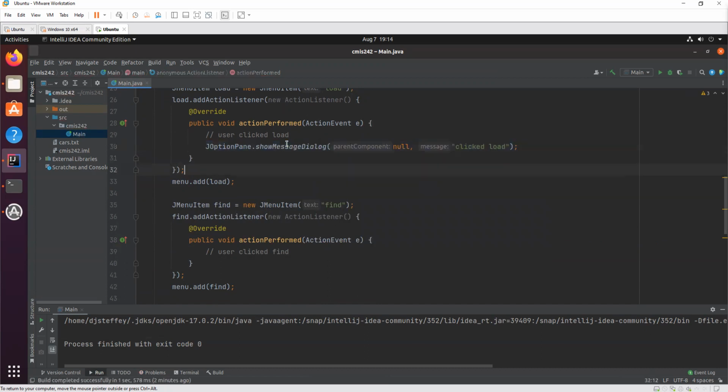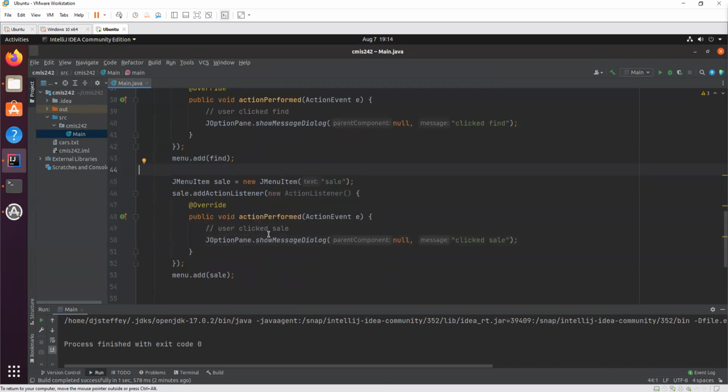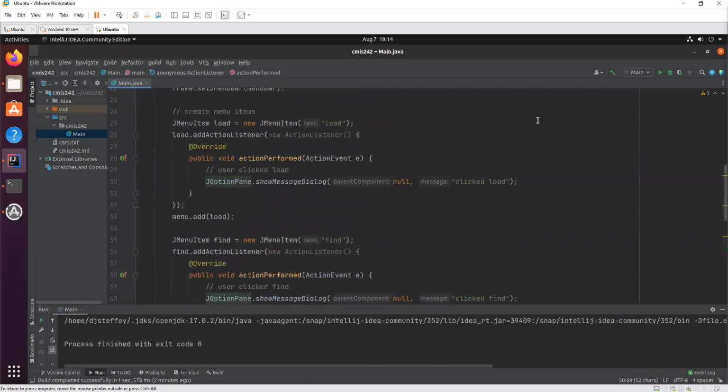So we know that that code is working, okay? And if they click the sell, we want it to show a message that says they clicked sell, right? So if they click the sell button, it's going to execute this code, and we're just going to show a message dialog that says they clicked sell. Same thing for find, same thing for load.